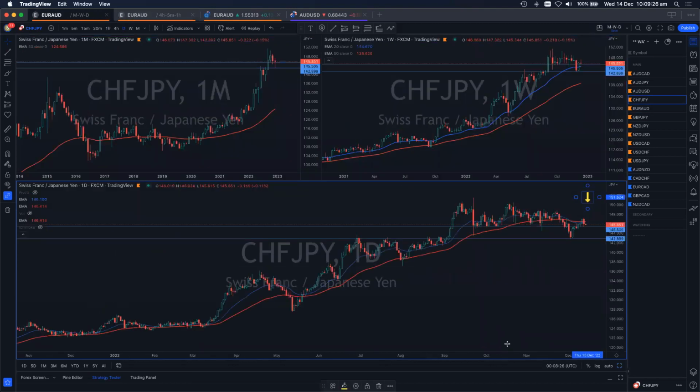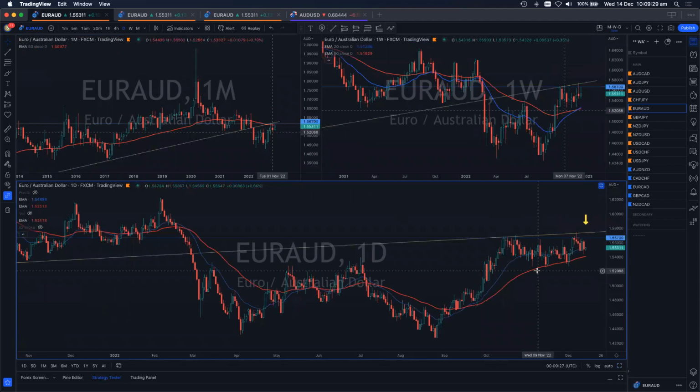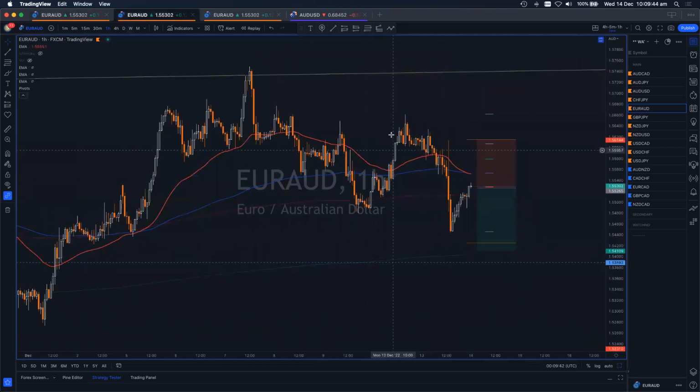Euro Aussie. It's been consolidating, bouncing off of this trend line and also this resistance level, and it's going back down again now. We're into the daily 50. Maybe there's a short trade here, and you see we've got Elliott wave I noticed on here. From this trend line break, wave 1, wave 2 pullback, wave 3, wave 4 pullback, wave 5 down to the daily 20, then an ABC correction, and then this looks like a